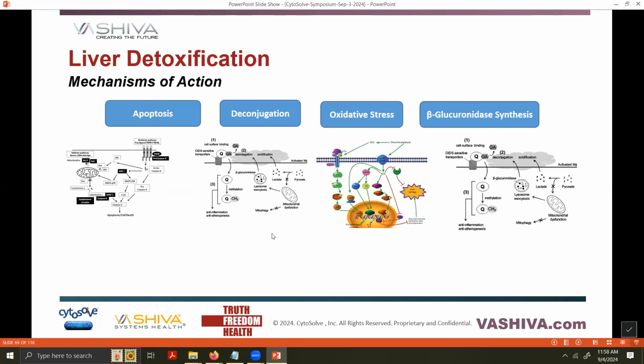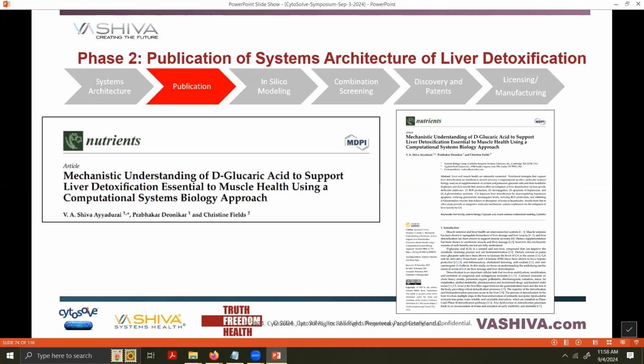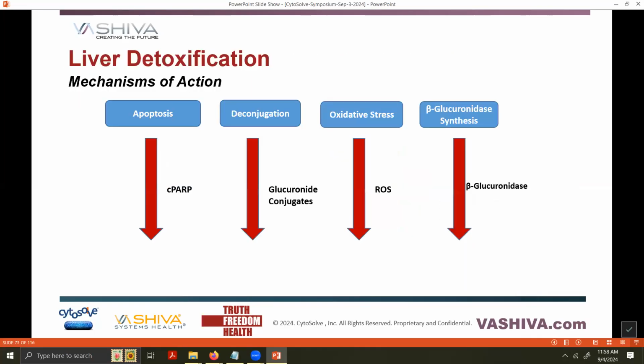So this is like a system of chemical reactions. You eat turmeric, you eat milk thistle, you take glucaric acid. Where does it connect and how does it affect these? I just want to give sort of the view. So next. What we're doing is taking a very systematic approach. We've identified these 4 biomarkers, which we know you can measure in your blood, as measures of liver detoxification occurring properly. Okay, next.